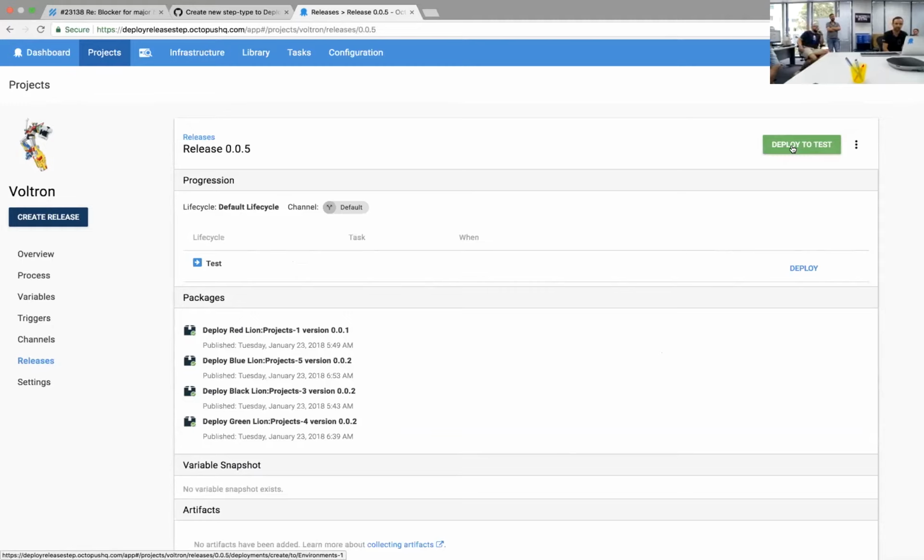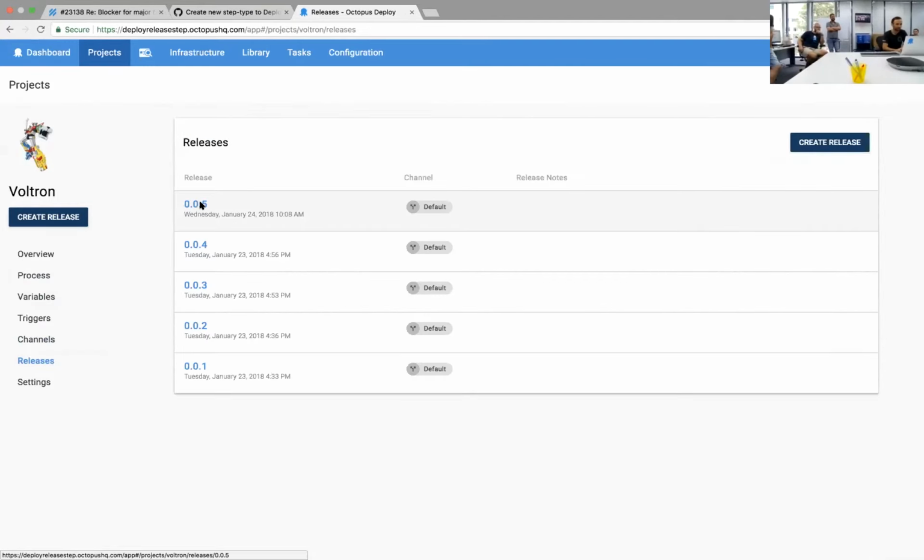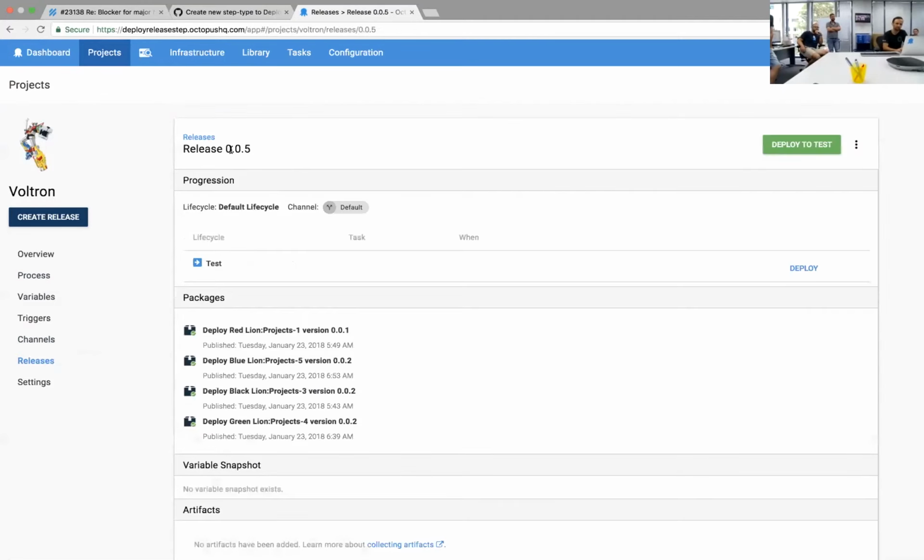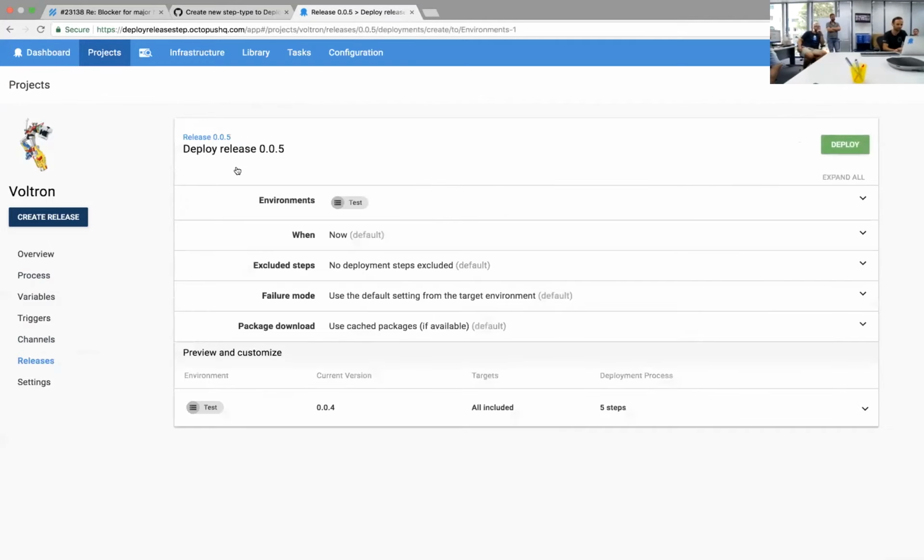Yep. So this is, I guess, the classic use case: you've got your bunch of microservices, and you want to create a bundle release to move that whole set of releases through your environments together as a bundle. In this case, my bundle project is now version 0.5. And the nice thing is your bundle project can be versioned completely independently of the child projects. Sometimes you might have a marketing version of a whole release, whereas the actual technical versions of the child projects don't necessarily match. So now if we deploy that,